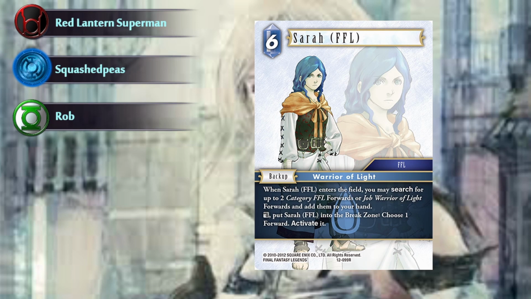There's so much that you can do with this card. I don't even think we really need to speak about it, to be honest. The card speaks for itself. It has a very useful break ability that allows you to play another one after. Whatever time you need to untap something as an ambush, break it, next turn play another one to search again. It also searches out FFL forwards, so if we get any good ones of those...